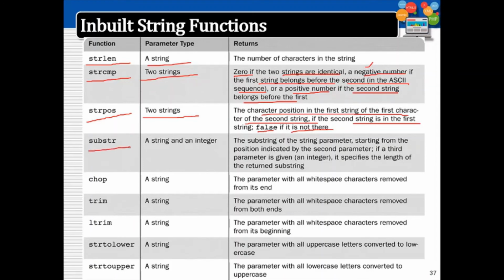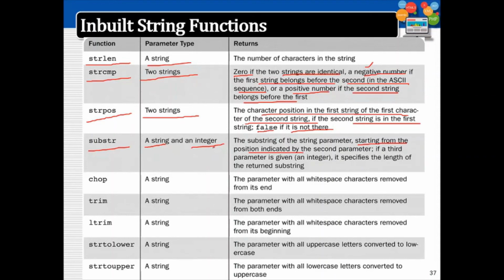Then substr. Substring will give the string starting with a given index. So we have two parameters, a string and an integer which indicates the index. The substring will be extracted starting from the given position.